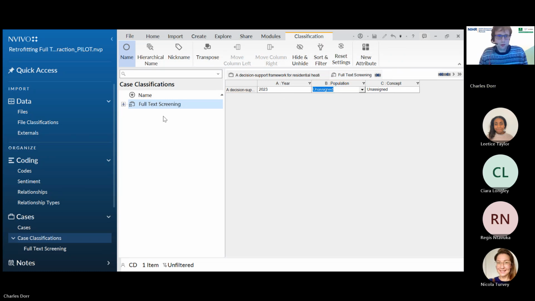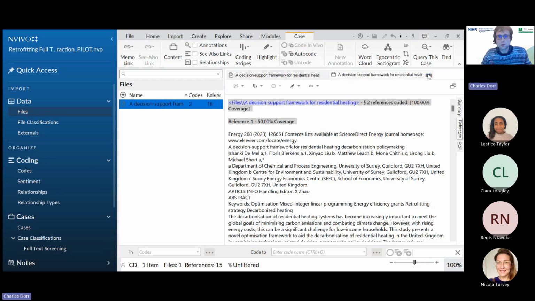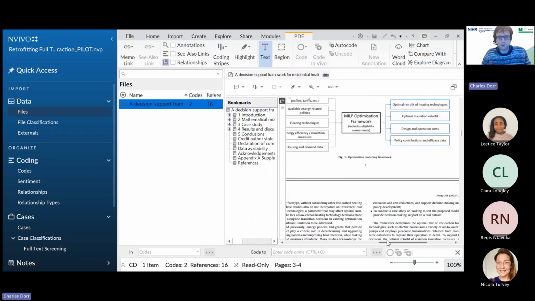And then when you get round to the second stage, so after you've done the full text screening and decided what papers to include, the next stage is of course data extraction. That can also be done in NVivo, but it's done for a slightly different process. So if we assume for a moment that this paper is included,